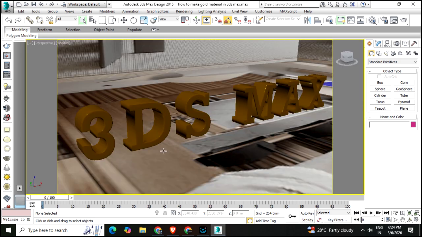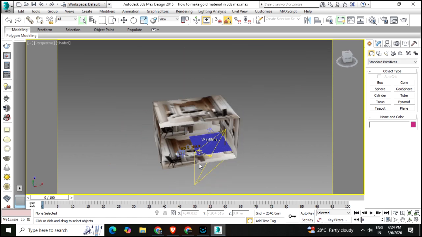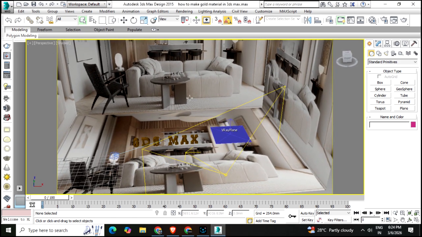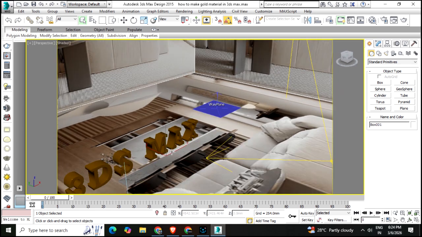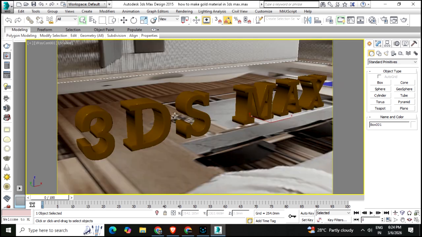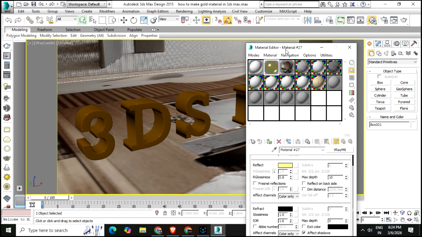First of all, create a scene as I already done in this part. So my model is ready with the reflection object, and the base part, there's a text, 3D text. So we are going to put the metallic look in 3ds Max on the text part in the scene. Go to the material editor,